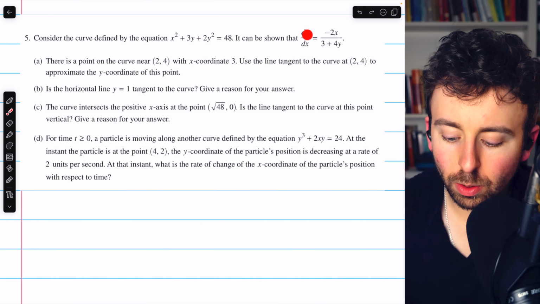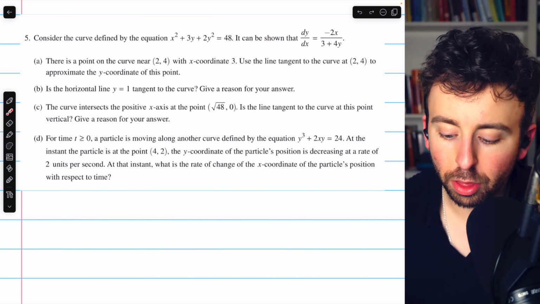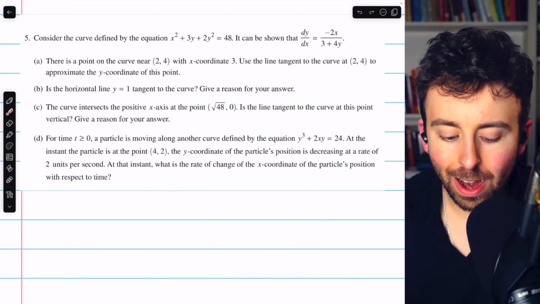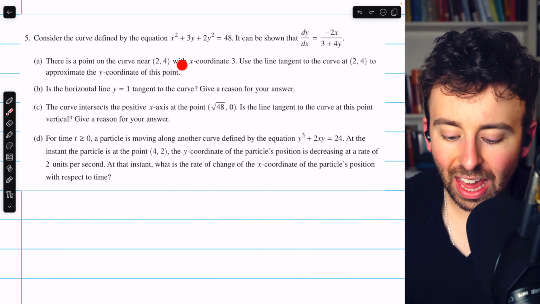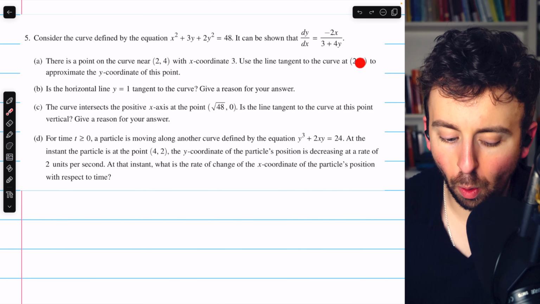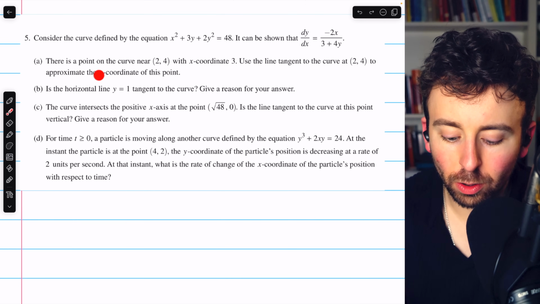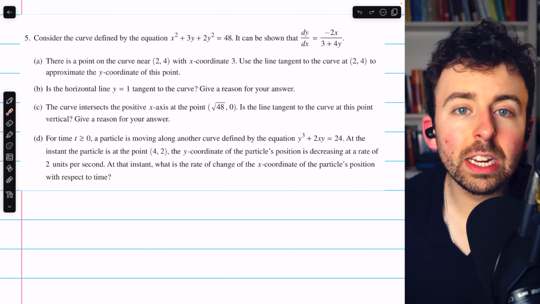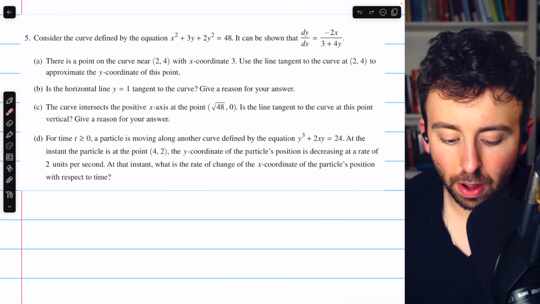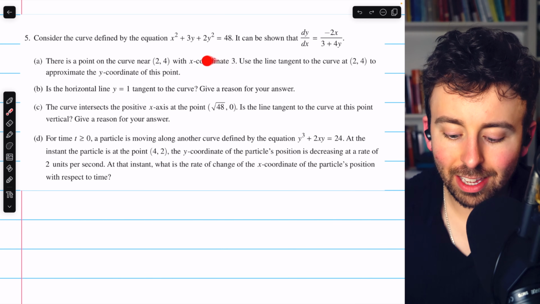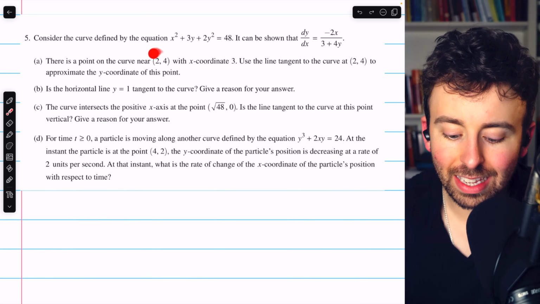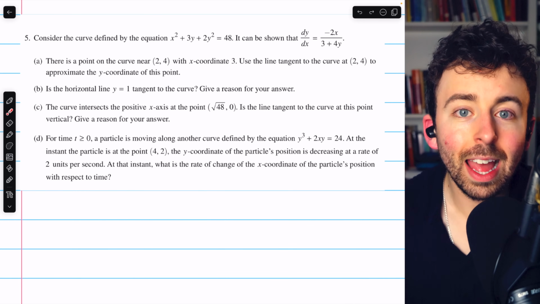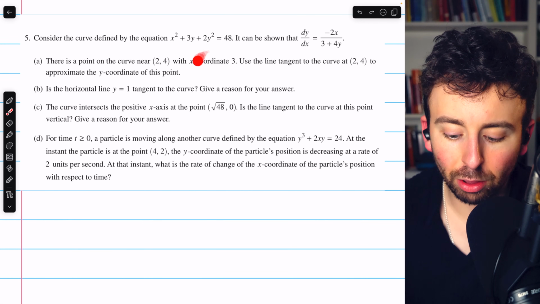It can be shown that dy/dx equals -2x over 3 plus 4y. Part A says there is a point on the curve near (2, 4) with x-coordinate 3. Use the line tangent to the curve at (2, 4) to approximate the y-coordinate of this point. So in order to approximate the value of the function, the y-coordinate, at x equals 3, we'll find the line tangent to the curve at this given point, (2, 4), and then we'll just plug x equals 3 into the